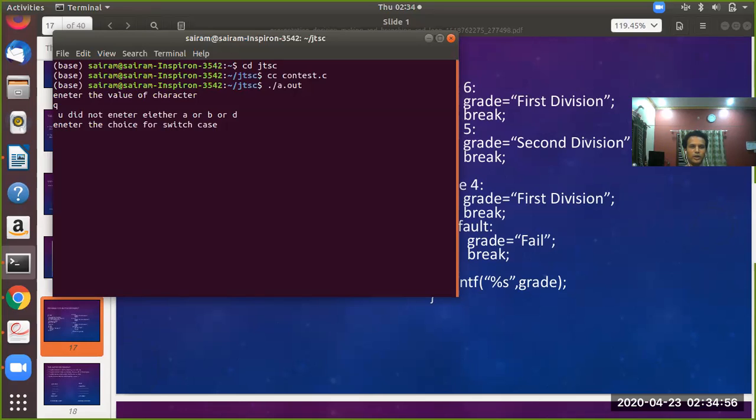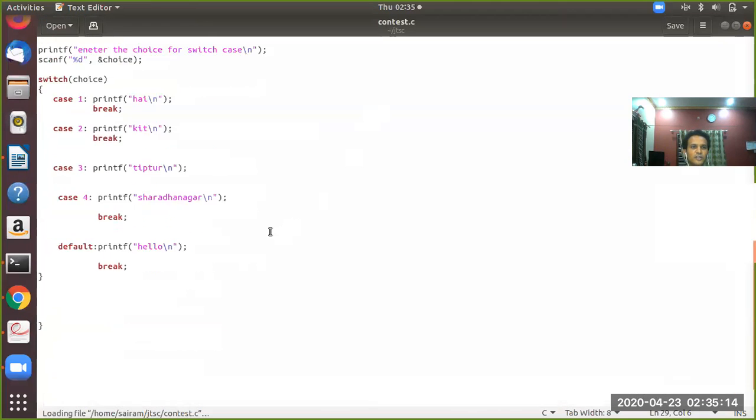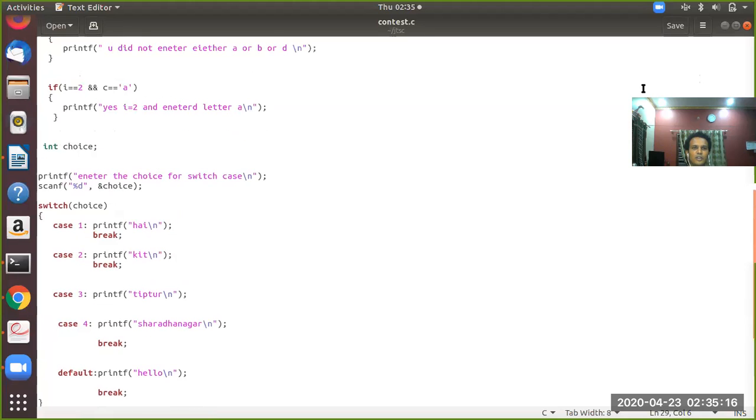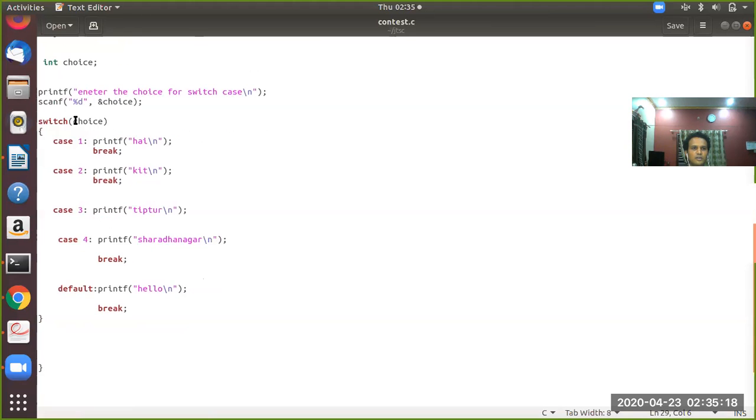So you will have to enter a choice. Before knowing what choice is to be entered, we have to check what is there in the program. So try Control Z, go back to contest.c. Here is a switch case written in the same program.